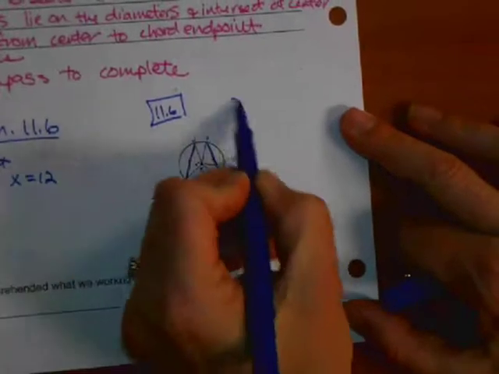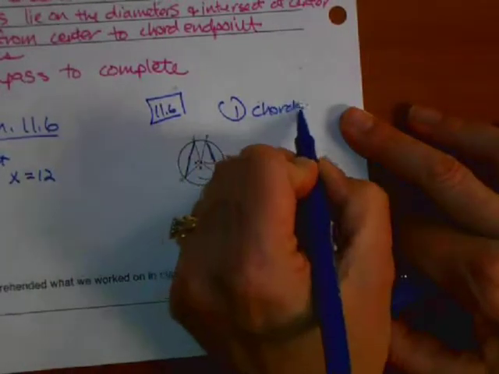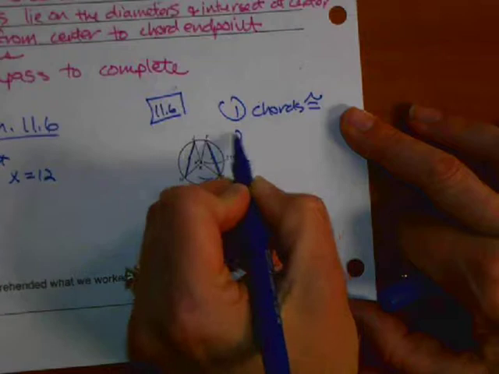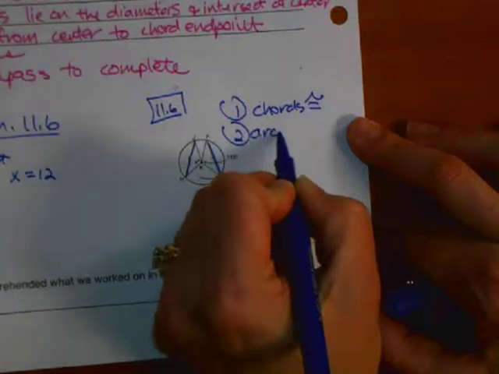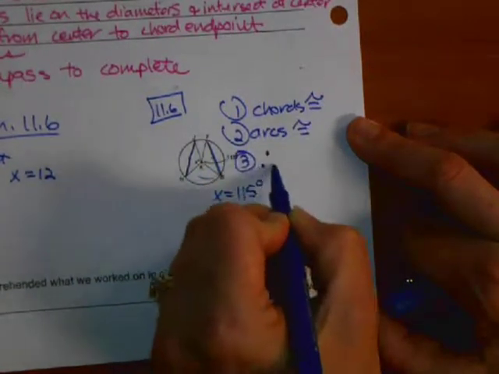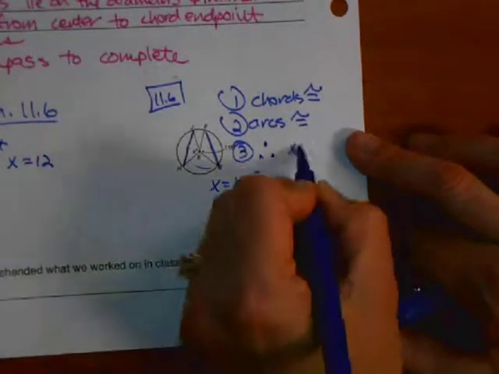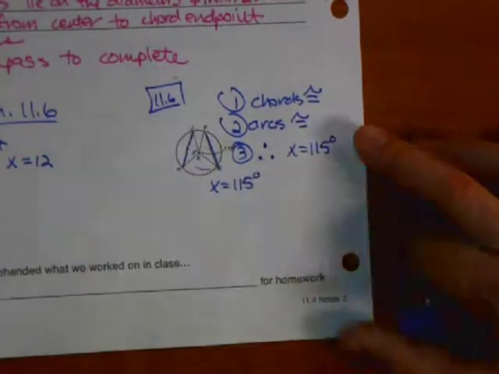Let's write down the reasons here, just real quick. Just so when you're looking. Yes. Chords are congruent. Arcs are congruent. Therefore, have you ever seen this for therefore? Yeah. Therefore, x equals 115 degrees. Alright,